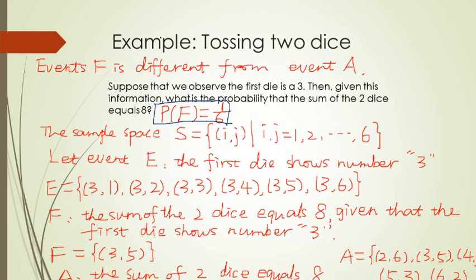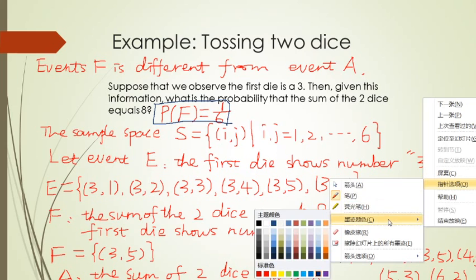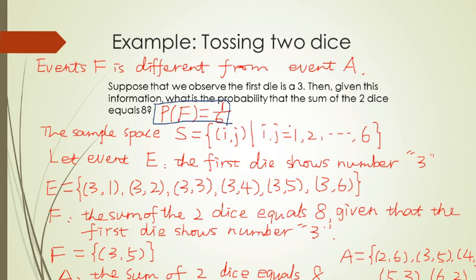And here, check the definition, okay? Check the definition. 7 minus 1. In A, why not 7 minus 1? It's tossing two dice. Can you have the number 7 showing up on a die? Of course not. We only have the numbers 1, 2, 3 until 6, right? And in another way,